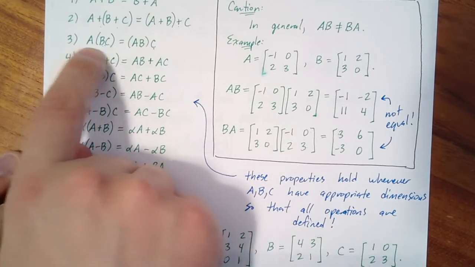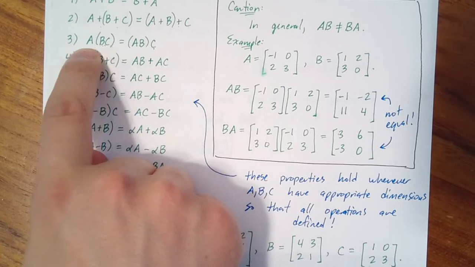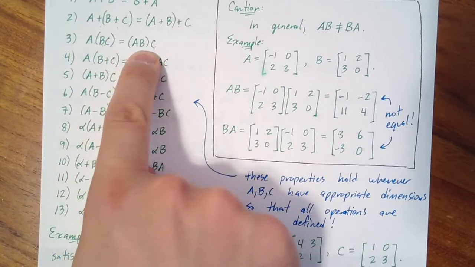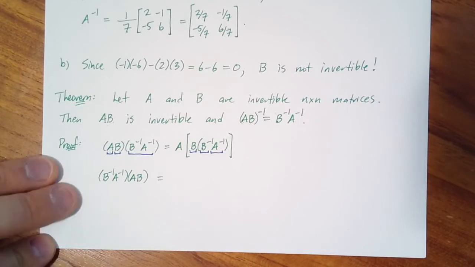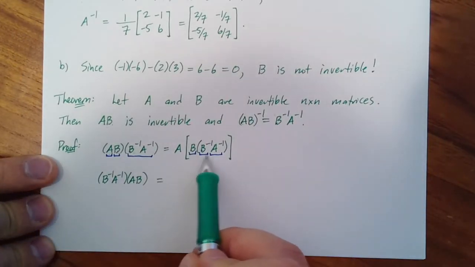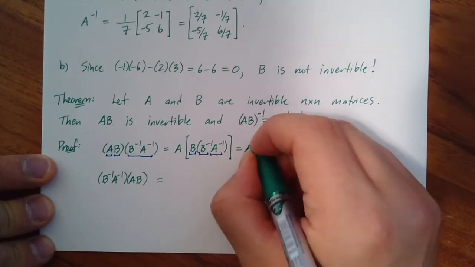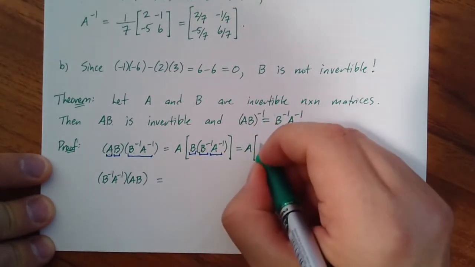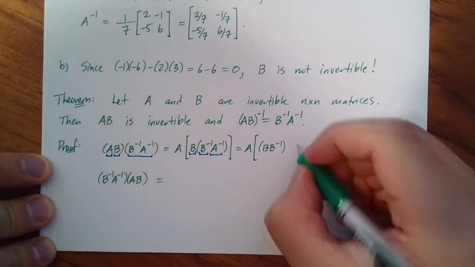We've got a matrix A, B, and C, three matrices, and the second two are multiplied first. Well, we can use this property to change it so that the first two are multiplied first. So we're applying the associative property again, but just to different matrices, to these three matrices now. So what happens if I do that? I'll have A, that'll stay the same, and now I'll have B times B inverse